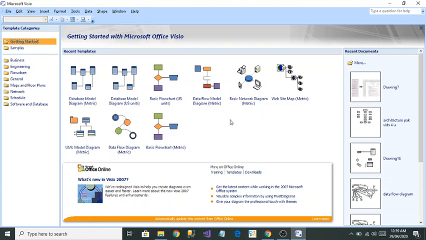Hi everyone, today I'm going to tell you about Microsoft Office Visio and what you can do with this application